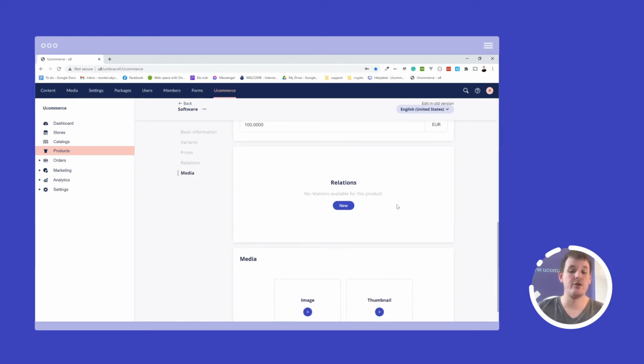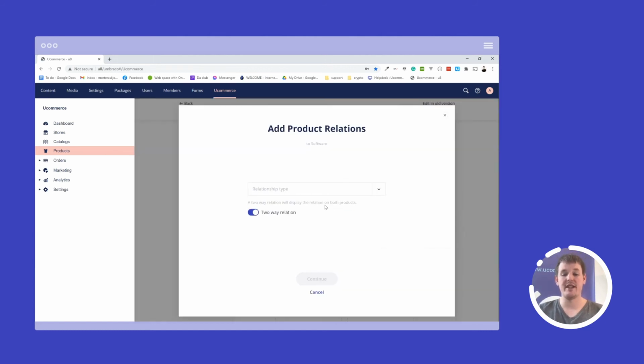Relations is the ability to relate products with each other. This is a great feature for upsell and cross-sell, to persuade your customers to add more products to your cart or even add more expensive products. Relations can be maintained based on different types. So for example, it could be a relation that says, for this TV, you might be interested in purchasing a more expensive TV. So that's an upsell opportunity.